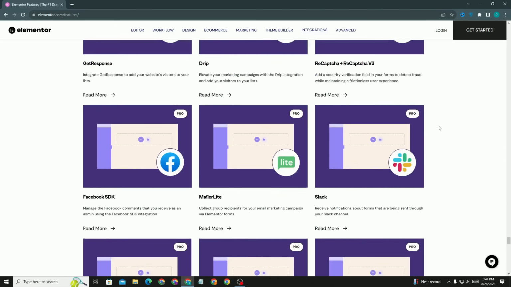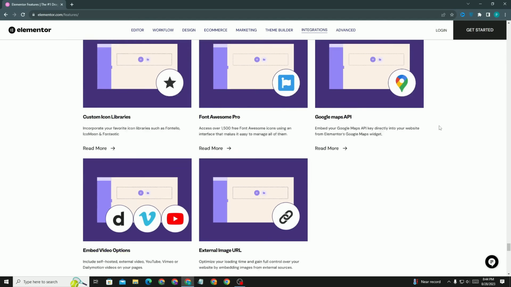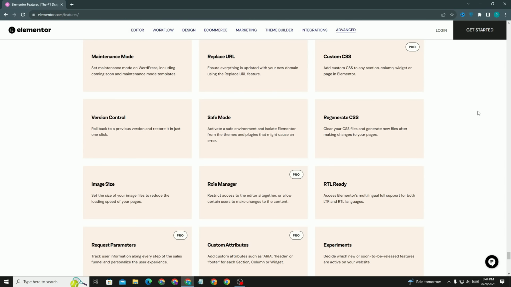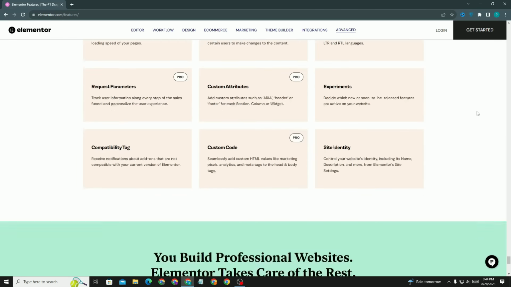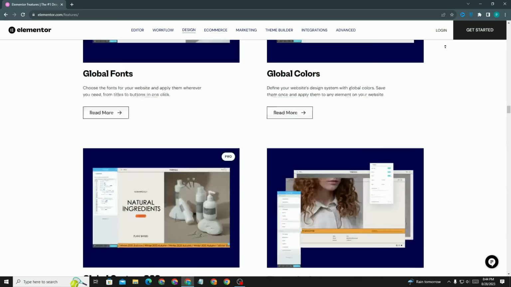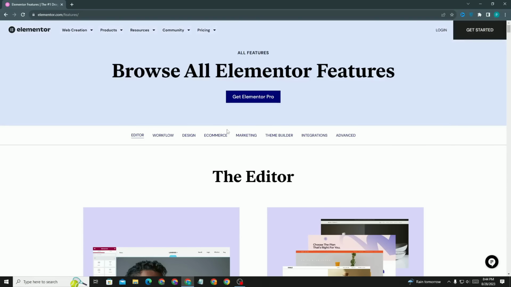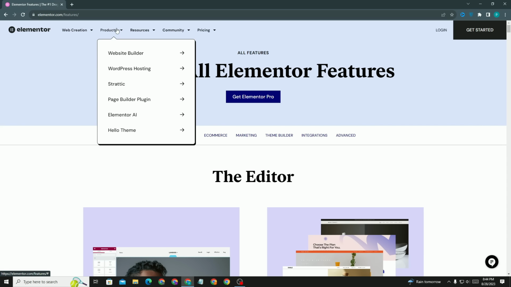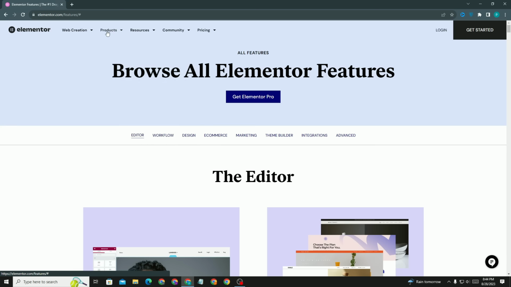First of all, see all these things, the advanced features, everything provided by Elementor for WordPress. You have already seen this, so let us go to the products. Let me show you the website builder product.